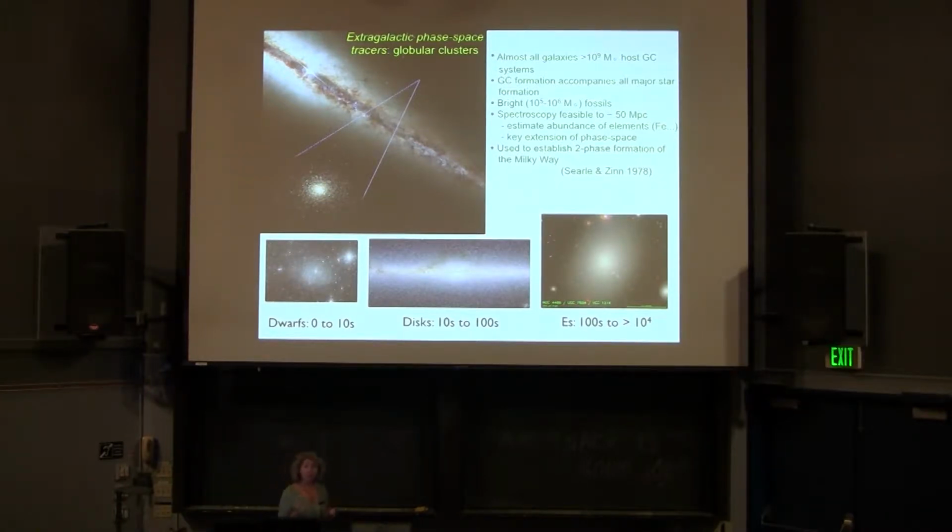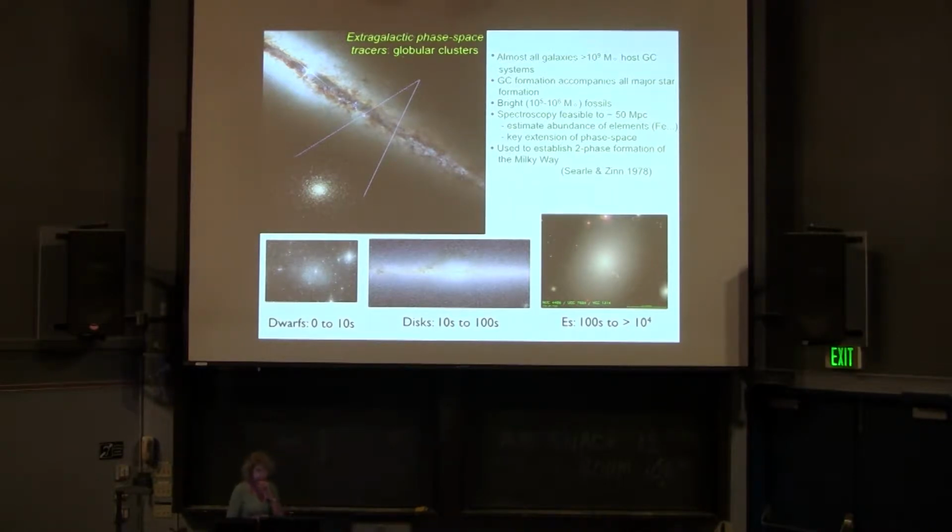But the really good part is that once formed, globular clusters are unchanging beacons. They're basically along for the ride in all of these mergers and acquisitions that take place to assemble the galaxies we see today. And using the properties of globular clusters, we can back out some of those details of the